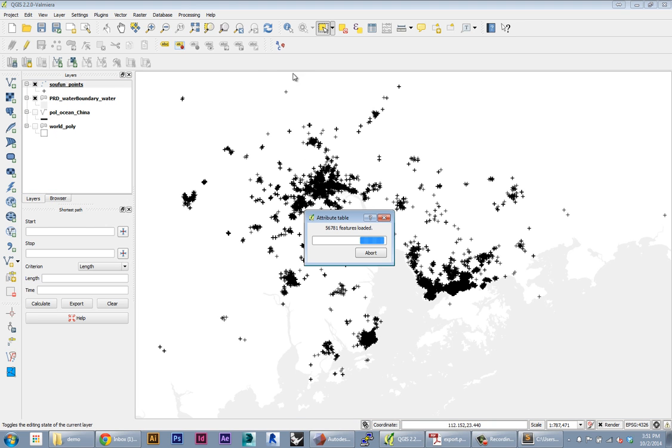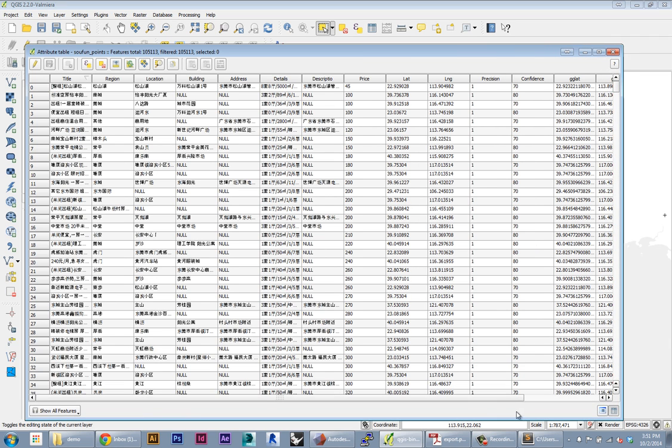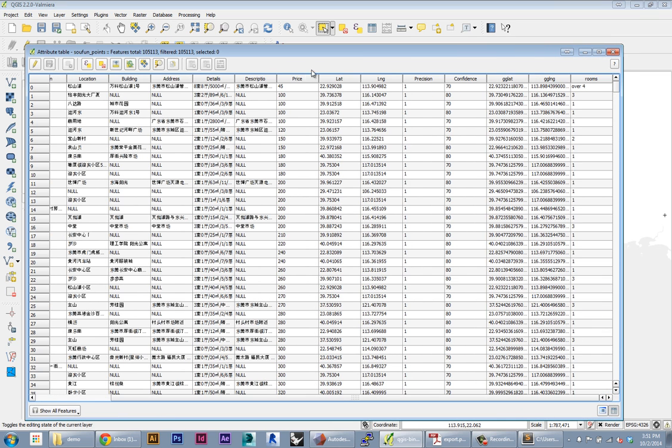If you go to attribute table, so here we have all our data. You see a lot of these are numbers, but price here, it brought it in as text. Okay, so it can't work with it as a number. And what I'm going to do, instead of changing the type of field this is, I'm just going to make a new field which takes the same data, but that field I'm going to specify as a number. So I'm just going to copy all the information to a new